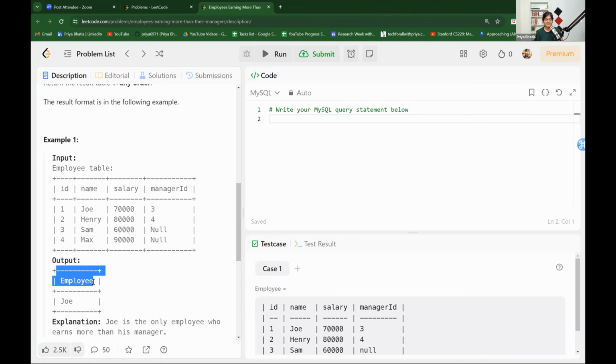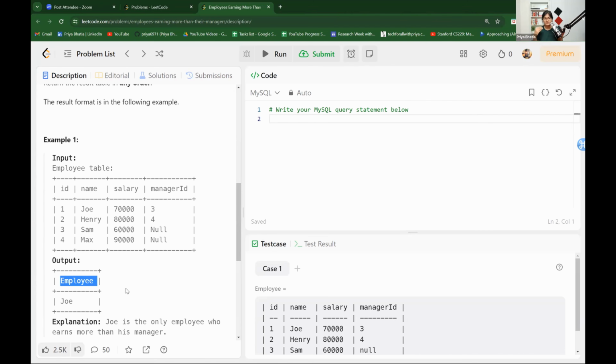You can give the alias name because in the output we just want employee as the header name. So give that as a header name, right? And when you're doing a self join, just make sure, because you're doing a join on the same table itself, the employee table itself, that you apply an alias name to the table. Maybe first table you can name it as emp1, and table two, you can name it as emp2. So that even though the table is the same, the employee table, the naming of table one and table two is separated. So that when you apply a join, maybe inner join, left join, right join, or full outer join,